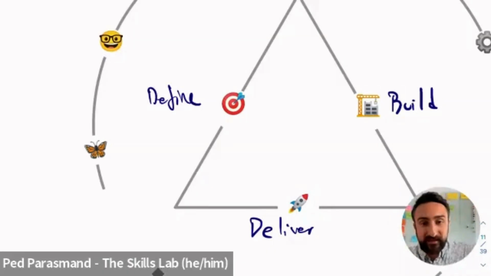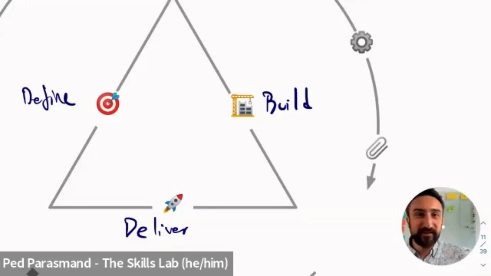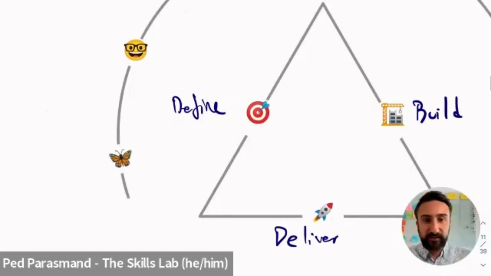Now, if you're like me and you run sessions or workshops, it's really tempting to want to jump to designing a workshop too soon. You want to go and build it. Like, what am I going to put inside it? Let me build the PowerPoint, because that's what I want to share with people. Except this is the thing that ends up wasting a lot of time designing workshops, because we're going, oh, what should I include, this or that? Maybe imposter syndrome can kick in because we haven't done the first bit, the define phase, first.